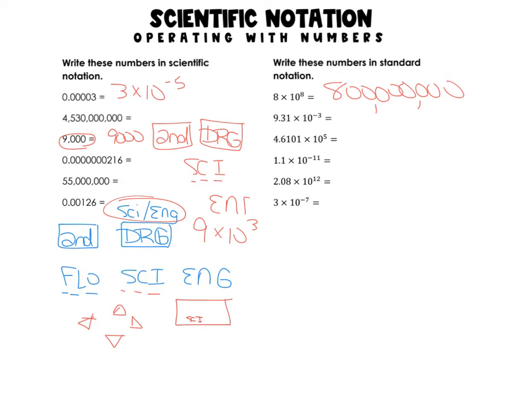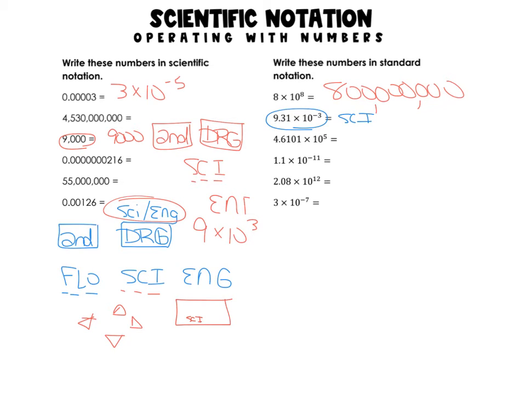Okay? Now, if you've got a number in scientific notation, you will pretty much do the same thing. If you are in scientific notation mode, put the number in, then do second DRG, change it back to FLO mode, hit enter, and it will give you the standard form of the number. So if we had this, make sure you're in SCI mode,